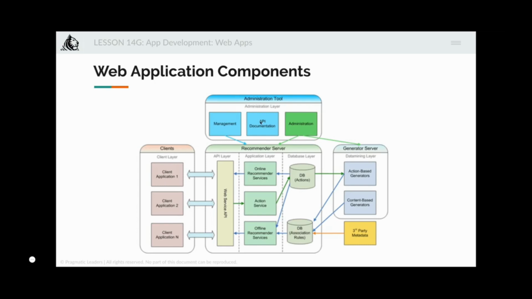So what are the components of a web application? It will have an administration tool, it will have a client side, it will have a recommender server, and it will have a generator server. Okay, let me just take you through this. So the client layer is simple. It's simply the client side, that is you, me, anybody else who is using the application on their phone or their laptops or desktops. Okay, this client application layer is going to interact with the web service API, which is